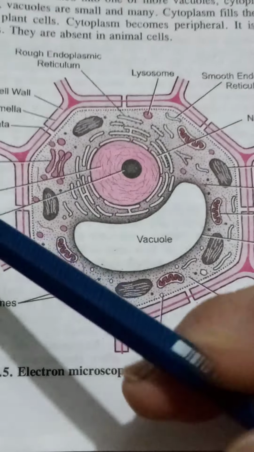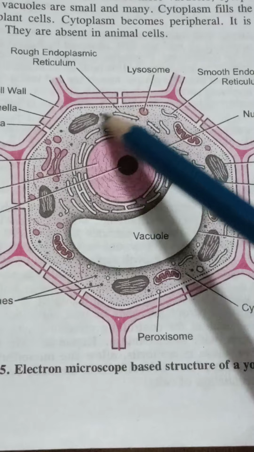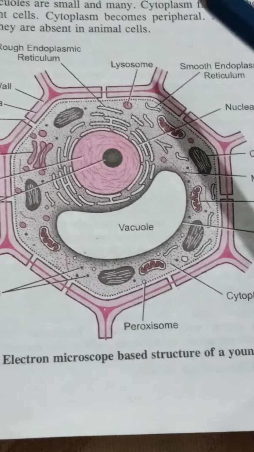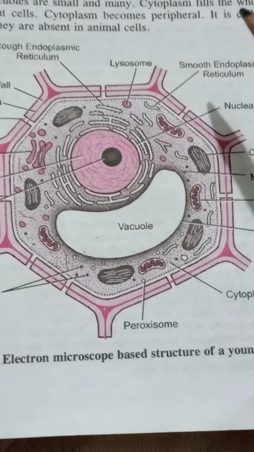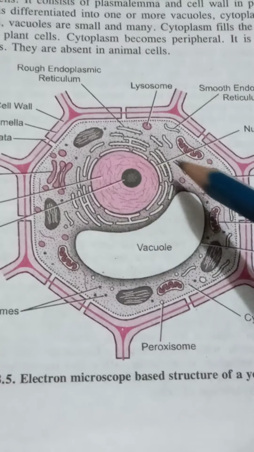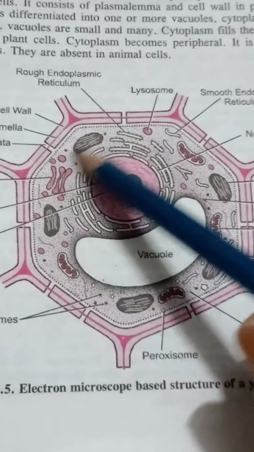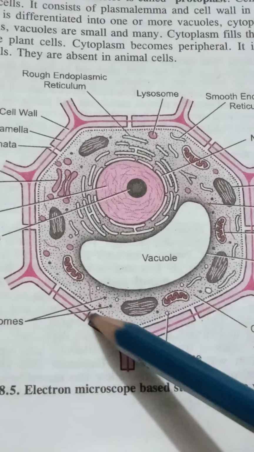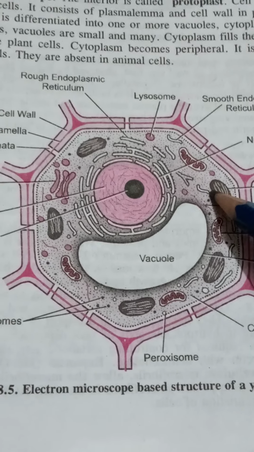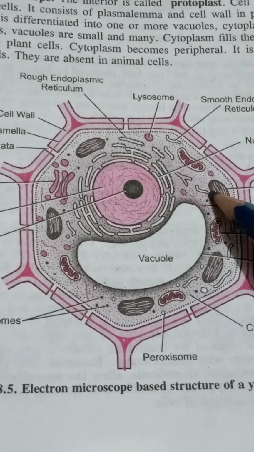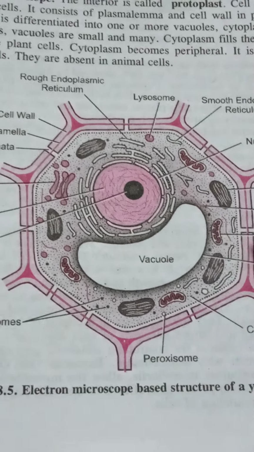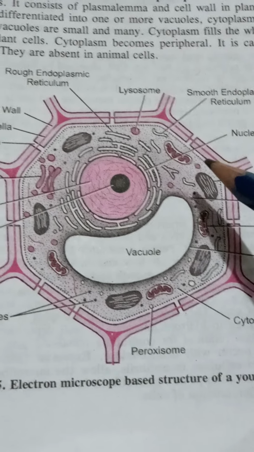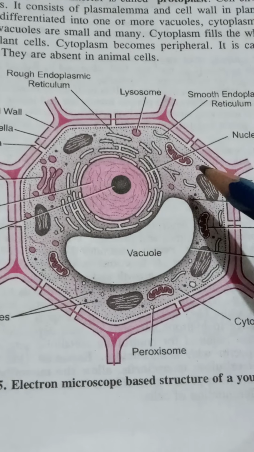So just immediately next to the cell membrane is a jelly-like substance, a semi-fluid mass of protoplasm, which is known as the cytoplasm. As you can see in this structure, the inner content is a jelly-like matrix, which we call the cytoplasm. This is present in every cell. This cytoplasm consists of basically two parts.